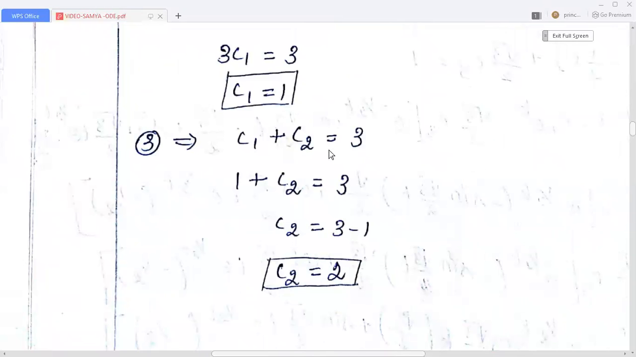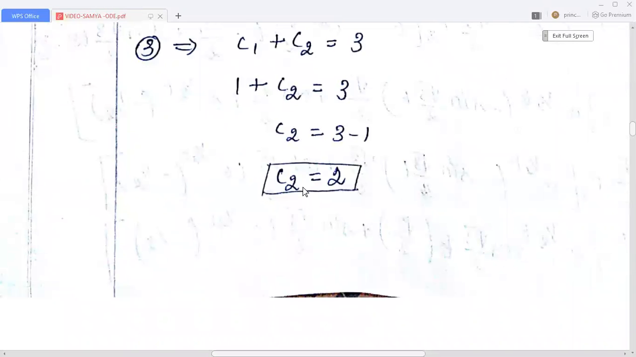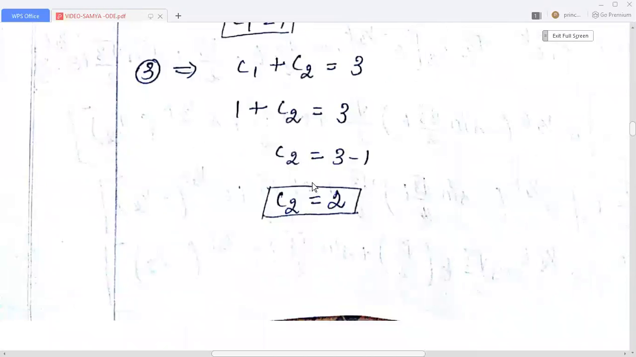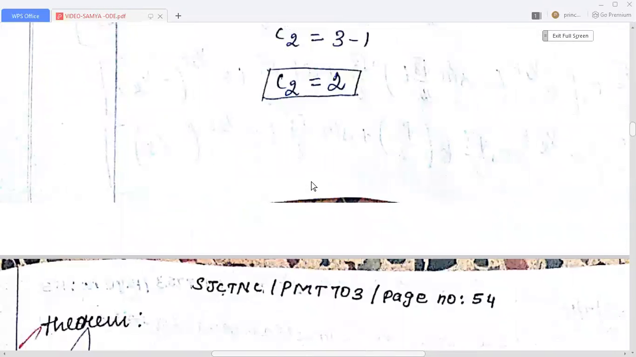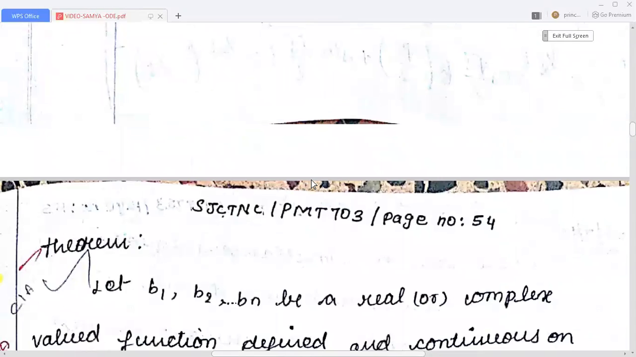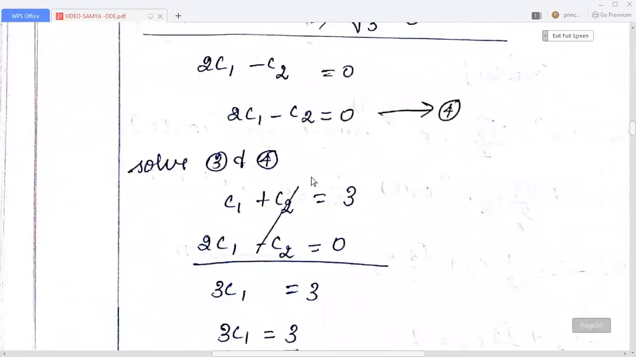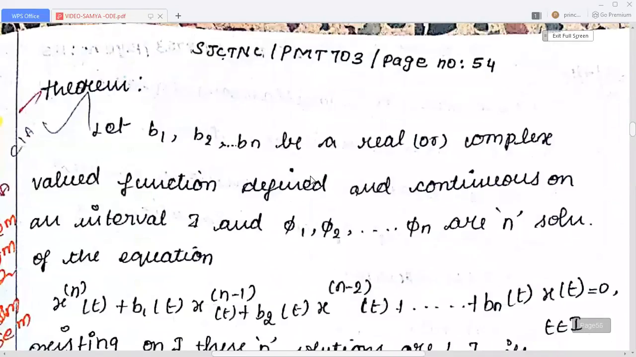So this can be applied in this equation, that is C1 plus C2 equal to 3. From this, we find C2. So C2 is 2. So we have obtained all the three constants C1, C2, C3. So that will complete the problem. Right. Next,